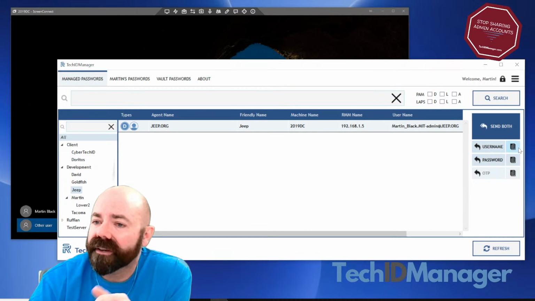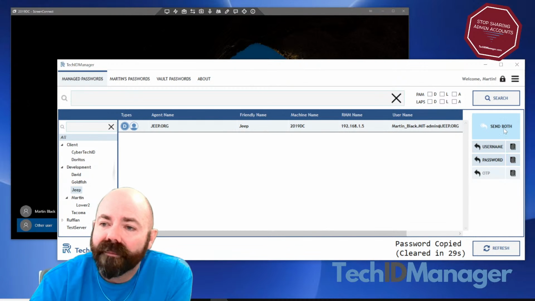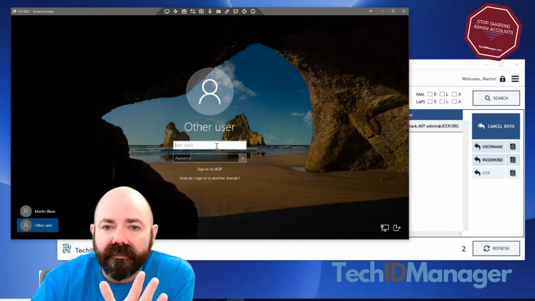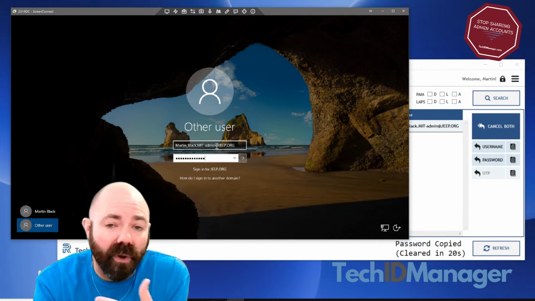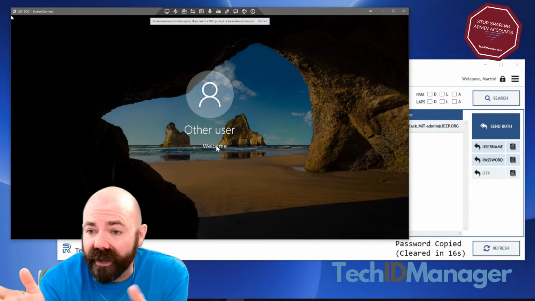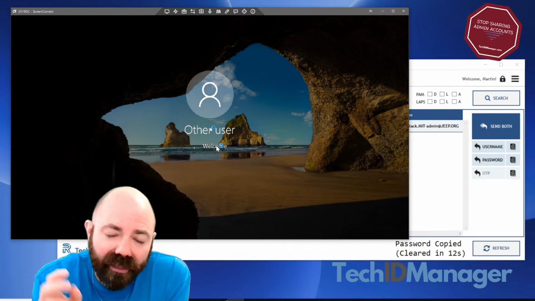hhrm@MIT-admin@X.org. I could copy that username and paste it in there. I could copy that password and paste it in there. But what I really want to do is just directly inject those credentials and get logged in without me really having to know that password or that username or whatever. So that's what happened. I clicked send those credentials, it injected those credentials and logged me in with an account